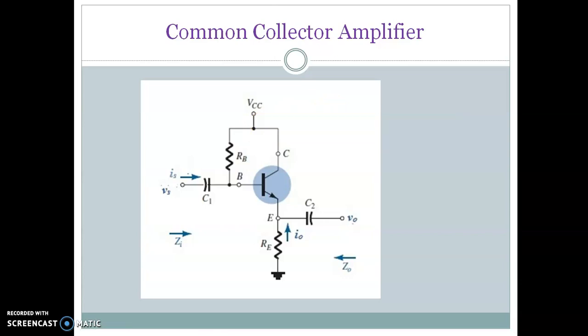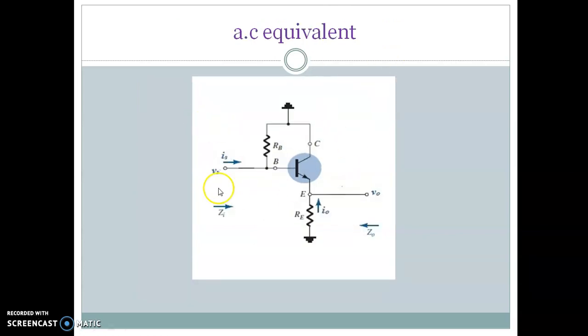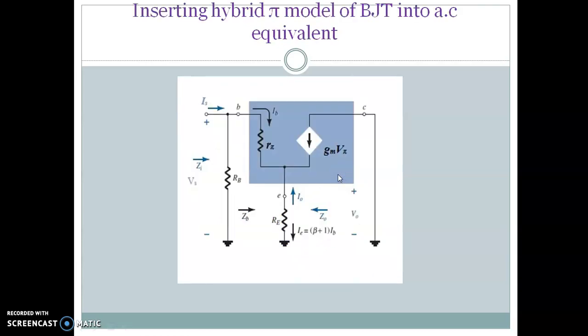Okay, small signal analysis. So first step, we'll get the AC equivalent circuit by replacing the coupling capacitors by short, and your DC bias will be grounded. So I have shorted the coupling capacitors and DC bias has been grounded. So you can see from the base to ground an RB resistor, from emitter to ground there is an RE resistor. That's it. Next we'll replace the transistor with its hybrid pi model. So from base to ground there is an RB resistor, then from emitter to ground you have RE resistor. The transistor is replaced by its equivalent.